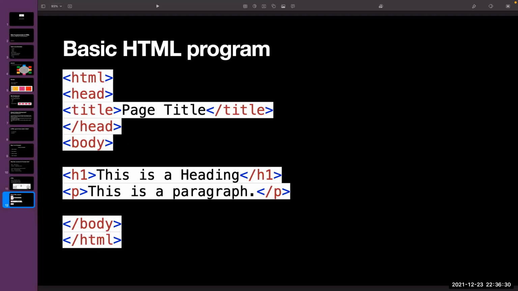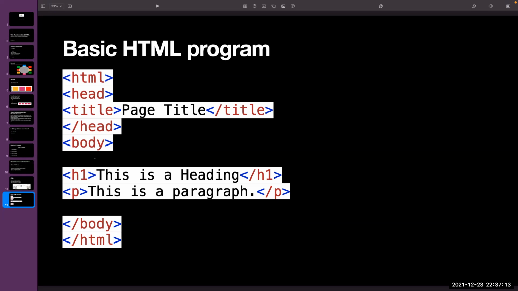After that, like in the human body, the HTML program will have a head, body, and footer. Head will contain the details about the page that you are going to code, like the title. Then you have the metadata, like what this page is about and how it is used. That comes under head. Then the body will have the data which needs to be displayed on the website. All the website content will be inside the body. For that we use the body tag. Leave H1 and P1, we'll discuss that tomorrow.